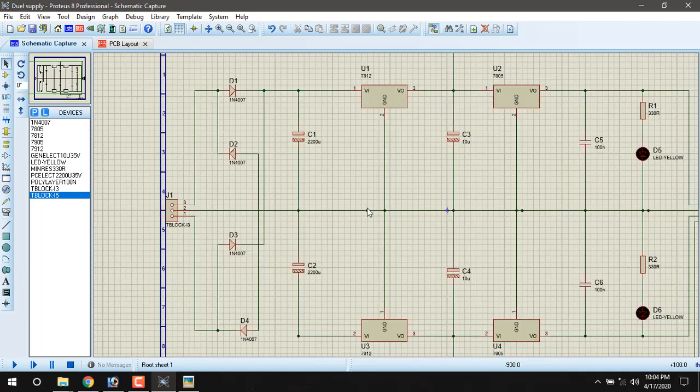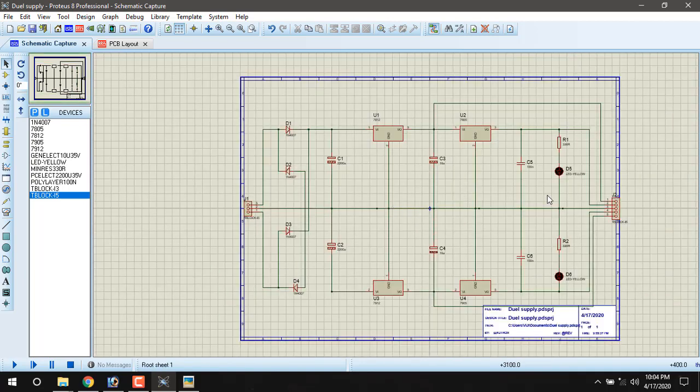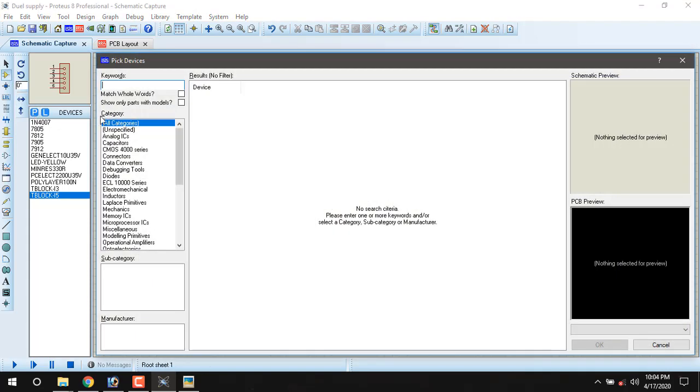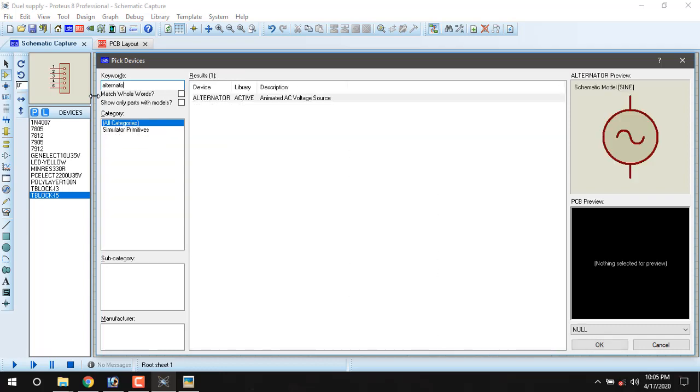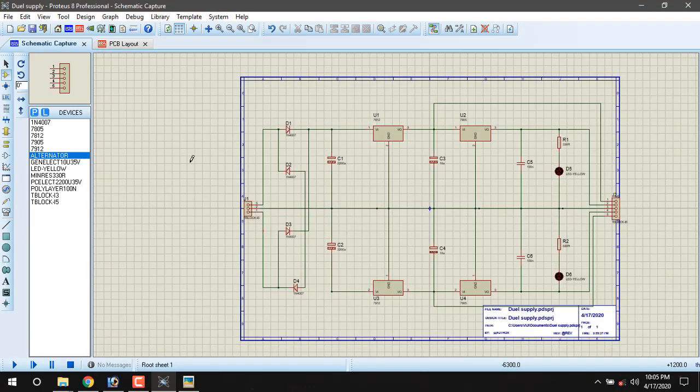What to do? We have to give an input AC supply. So for that we have to choose pick components, alternator. There is an active alternator. Choose this alternator.